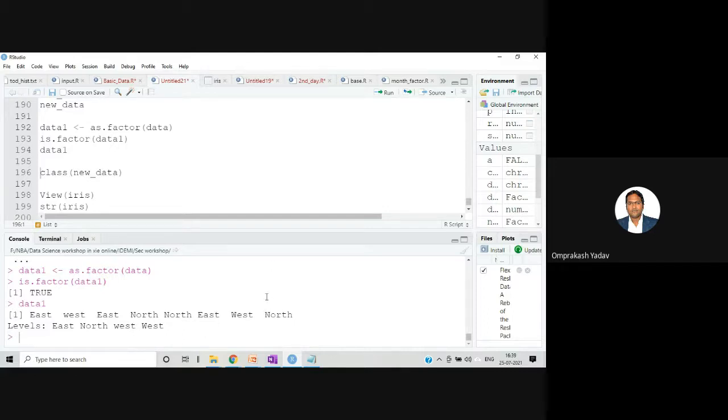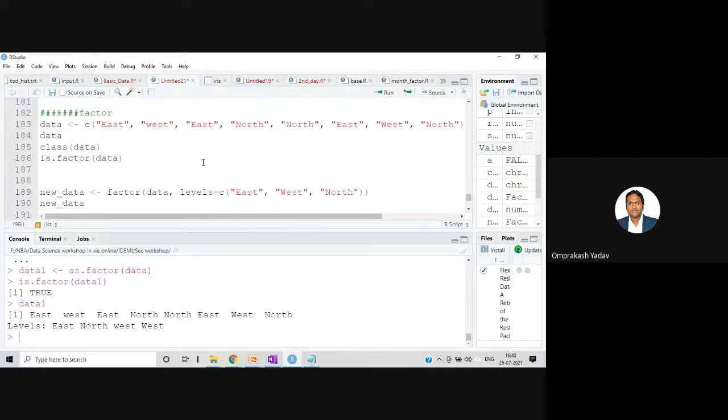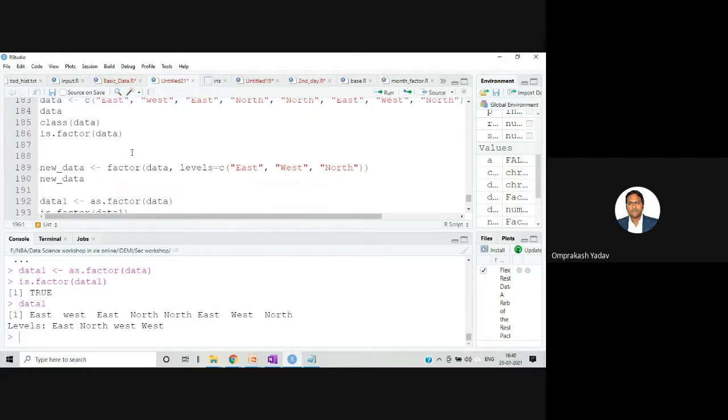Okay, so whether all of you understood this concept, what is the concept of the factor? Factor is basically related to the categorical variable, the categorical column which is there in our data set. So whenever you have this kind of character data or categorical data, you can assign the different factors or the different levels, and you can easily convert to the factor data. This is a very important concept which will be required for data pre-processing.